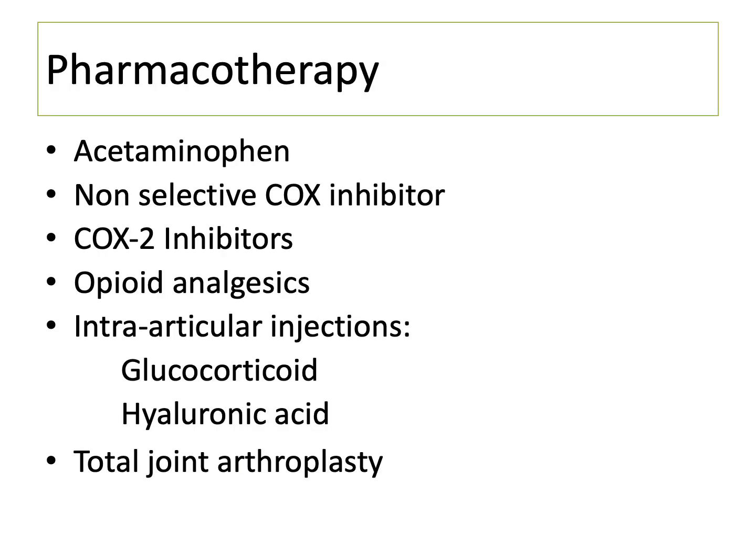So for the pharmacotherapy, these are given for symptomatic relief of joint pains. So acetaminophen is the initial analgesic of choice for knee, hip, and hand osteoarthritis. And then how about the non-steroidal anti-inflammatory drugs and the COX-2 inhibitors? So we have topical and oral formulations of this medication. You can give this for a short period of time, or you can give this on an as-needed basis.